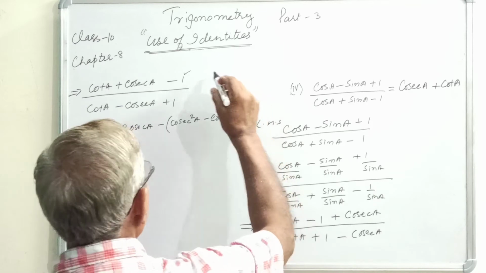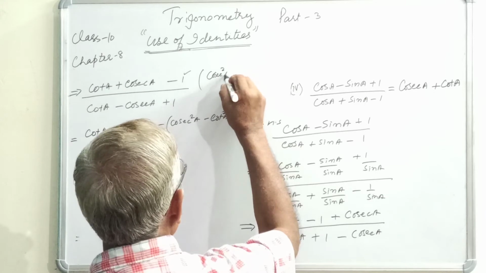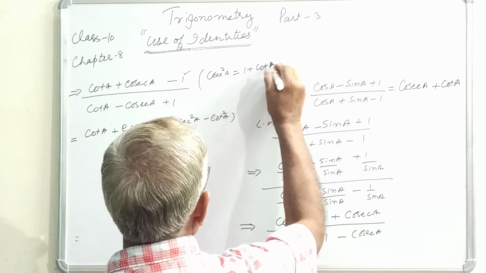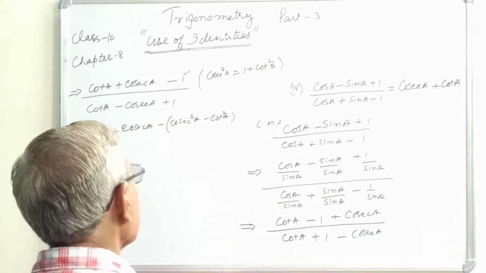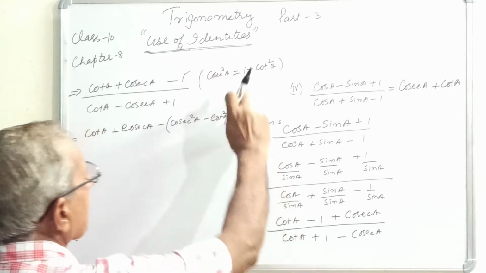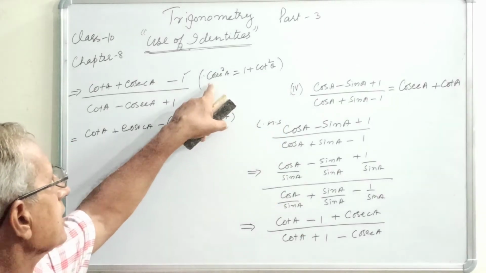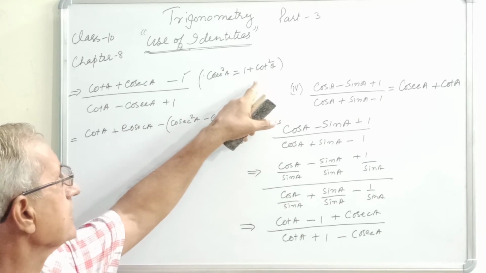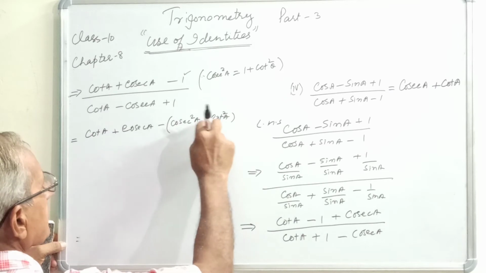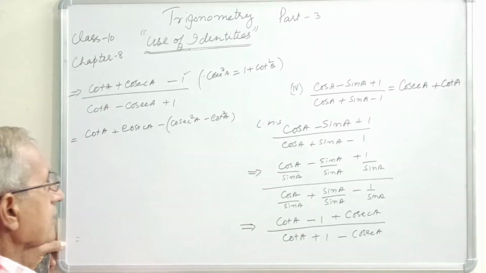So if you know the identity, cosecant square theta is equal to 1 plus cotangent square theta. This is the identity. Now what is the value of 1? If we move cotangent to the cosecant side, it becomes cosecant square theta minus cotangent square theta is equal to 1. So similarly I have written here, in place of 1 I have written cosecant square A minus cotangent square A,